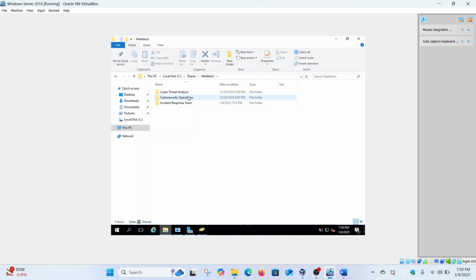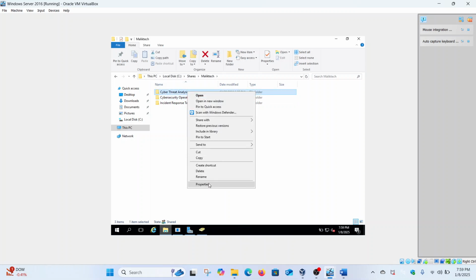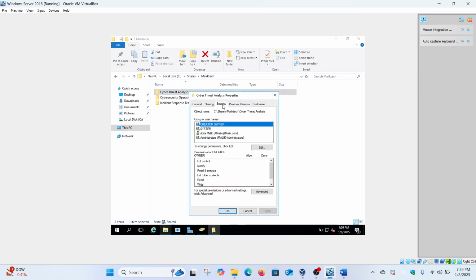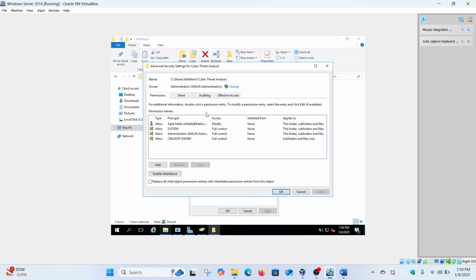So you need to click on cyber threat analysis, right click, properties. Make sure, before I check the cyber threat analysis effective access, it says all crossed. And now later on, after I add him, I'll see it will be all check mark with a green. Add,